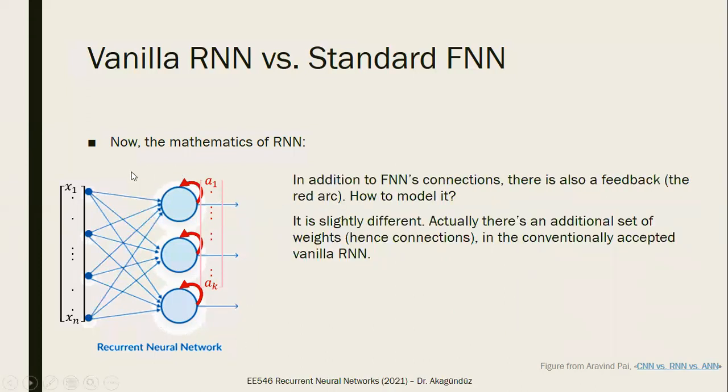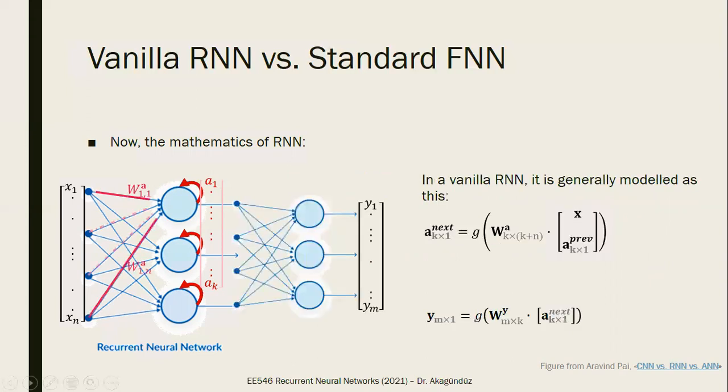So this is the vanilla RNN, by the way, guys. I have an input. I have hidden states at the output, each hidden state value being the output of a perceptron. And actually, I'm feeding back these values to the input. So what I'm trying to say is, the input to this network is not of n values, but of n plus k values, guys, because the input is both the x and the a. So if there's a matrix representing these connections, it is not of n to something, it is of n plus k to something. I'm going to show this in the next slide.